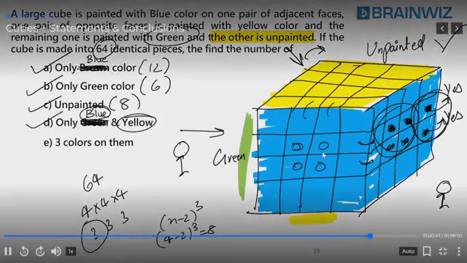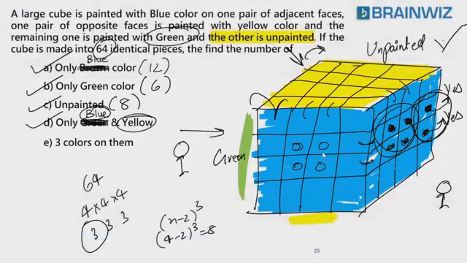Blue, yellow, blue, yellow, blue, yellow, blue, yellow. How much? 4 you got it. Can you take this blue, yellow? No, it has a touch of green. Not accepted. Can you take this blue, yellow? Yes, sir. Yellow, blue, blue. This also accepted because 3 side painted, 2 side painted. I'm not asking you. Blue, yellow I want. So 1, 2, 3, 4, 5. This blue, yellow you can accept. Why? Because here no color. Here no color, sir. You can accept this one also. Answer is 6.